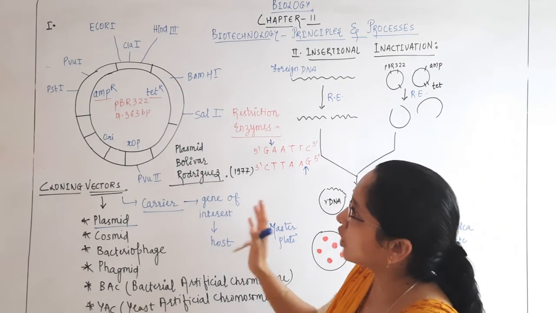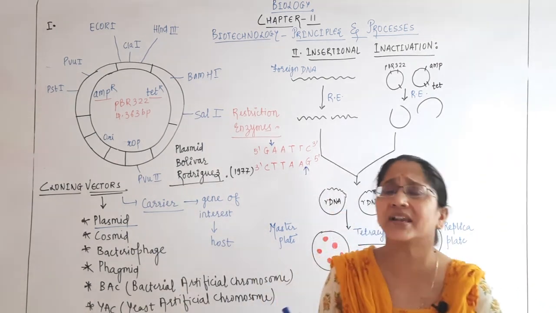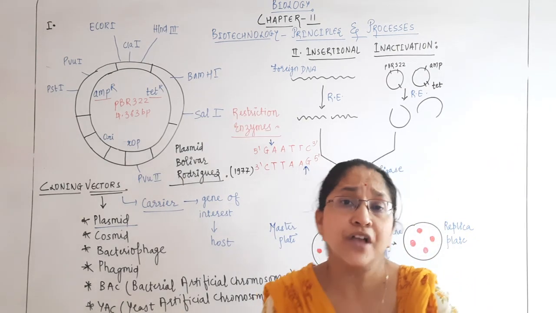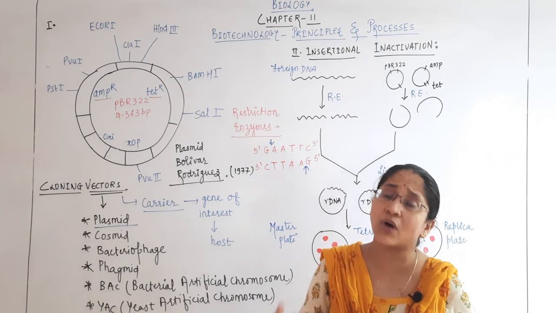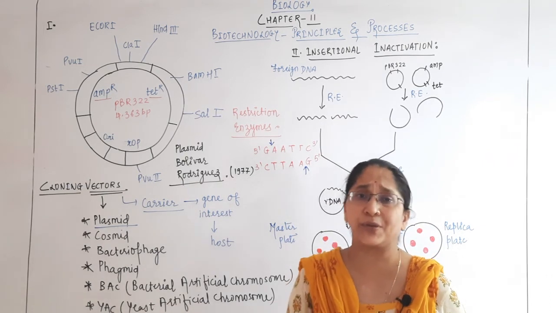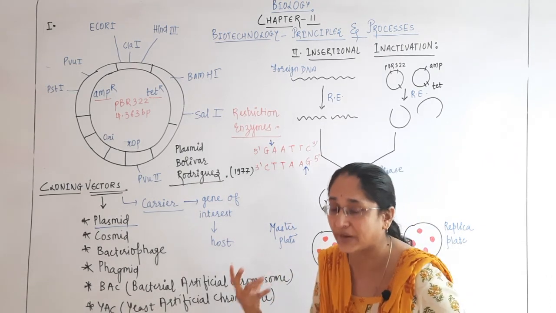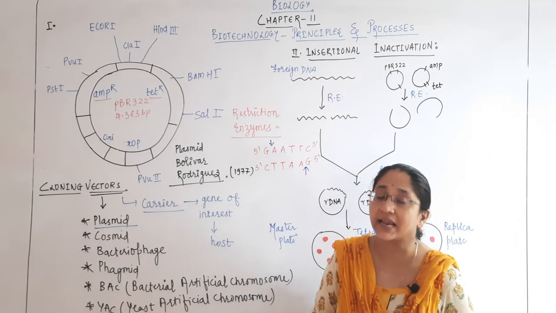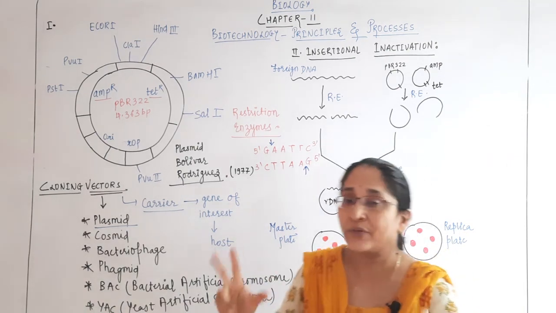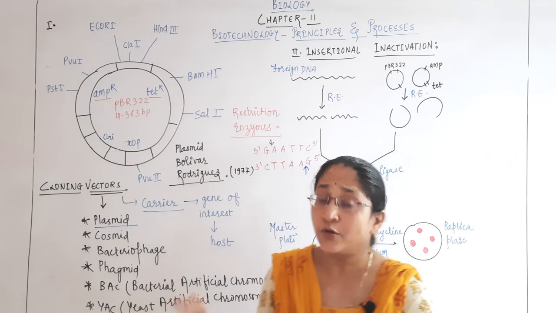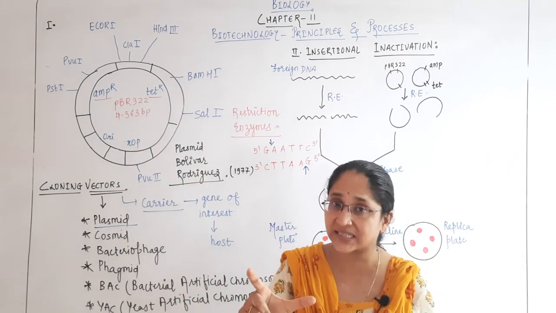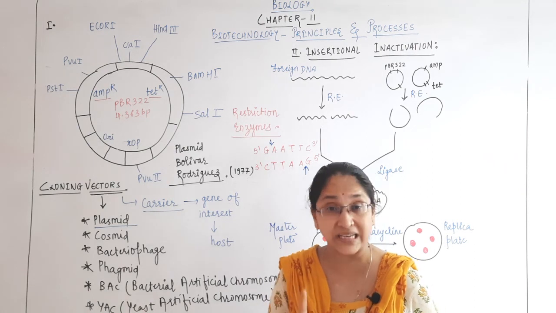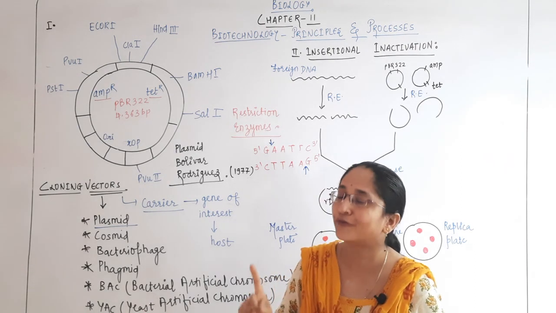Now we need to understand how we are going to put the DNA fragment of our interest into this particular region, and then how we are going to differentiate between the recombinants and the non-recombinants. We've already studied that we take a DNA fragment with the help of restriction enzymes, produce a cleavage, and then the fragment of our interest can be separated by using the technique of gel electrophoresis.